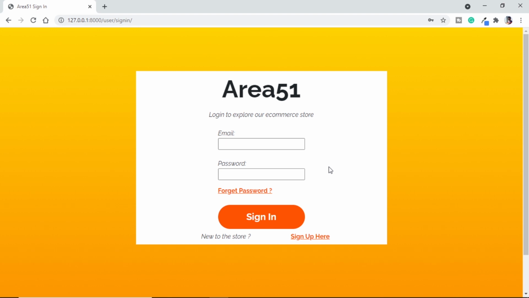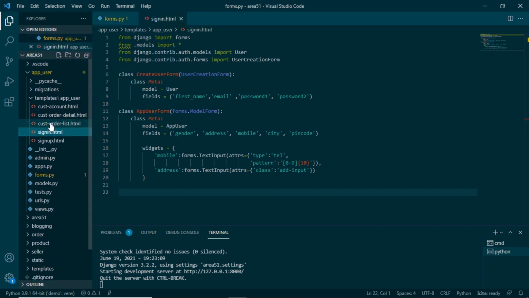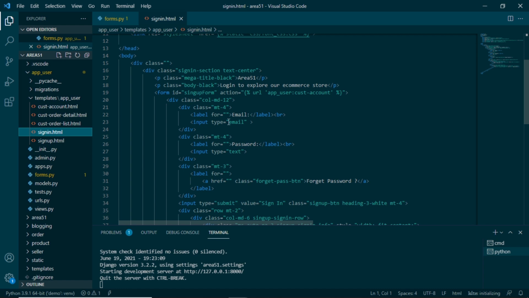At this point, we have successfully registered a new user. Now let's make changes so that we are able to make our user login into our website. For that, the first thing will be to edit this HTML, because in the password field we can see the text. So let's edit the HTML page. Inside our app user, we will go to templates. We will go to sign in HTML, and here we can see we have label input for email and password.